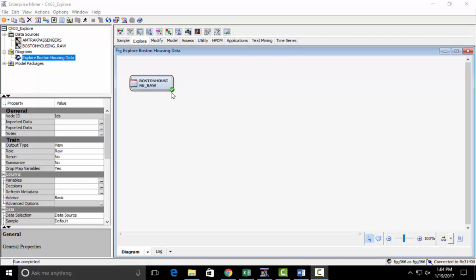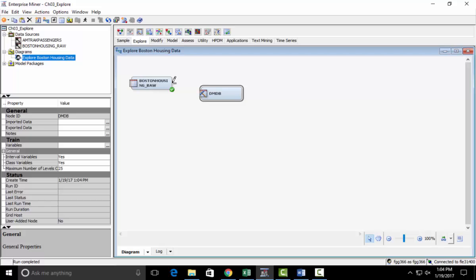So we already have the data set, the data source dropped in here, and we have run the data source. The data is available. So under Explore, we have Association, Cluster. Okay, so this one, DMDB, is a node that we can use, and this is not used very